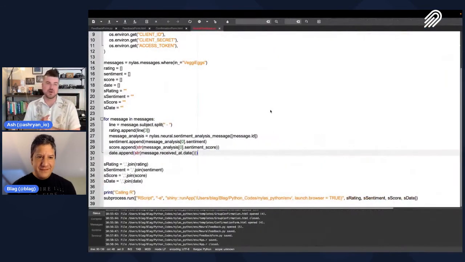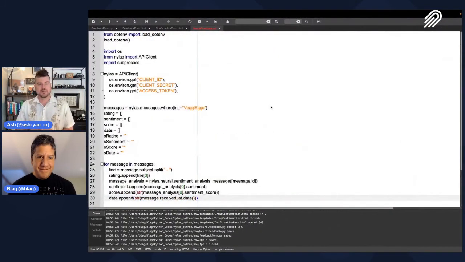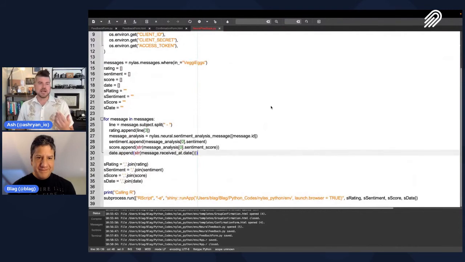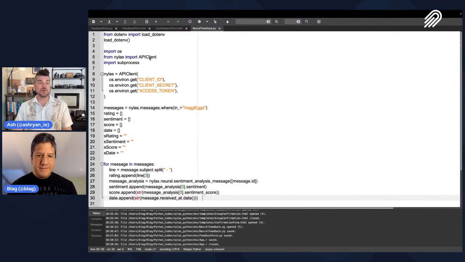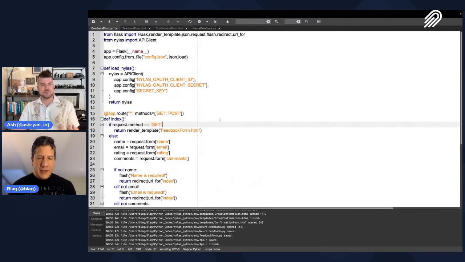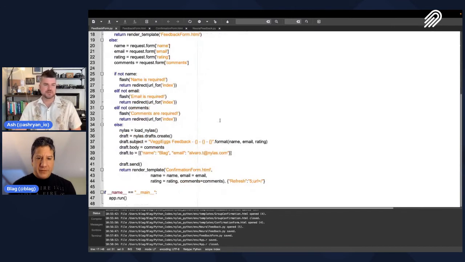the user perspective, it was: jump in, fill out a form, hit submit. And on the back end, that submit button then calls the Nylas API to send that email with a certain label and formatted in a certain way to, in this case, Gmail. Great. Yes. User flow is done.